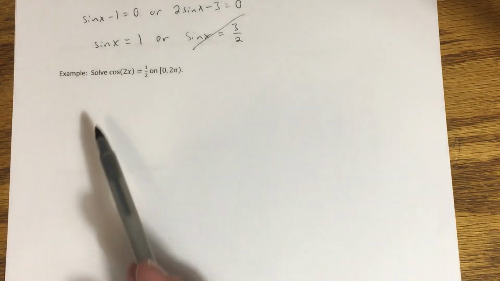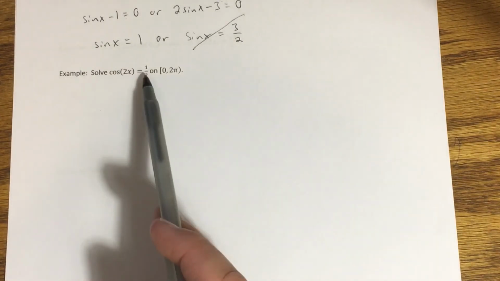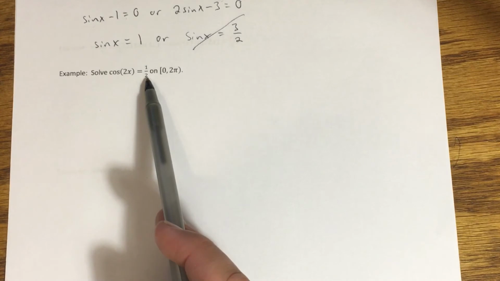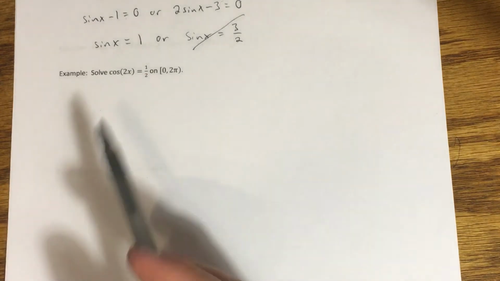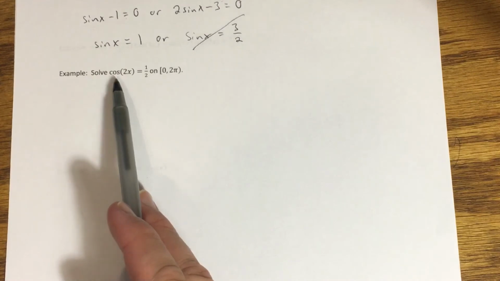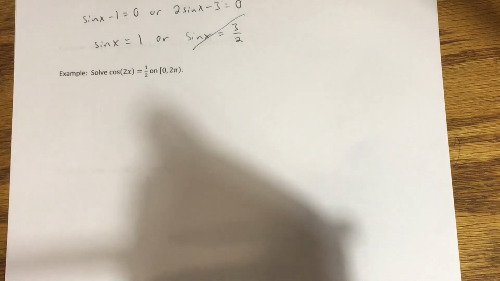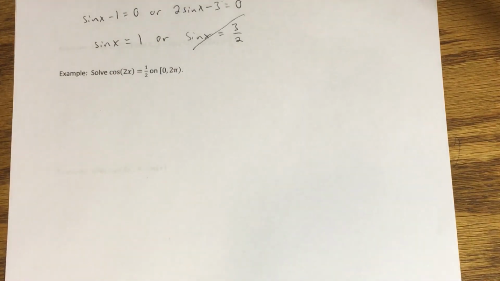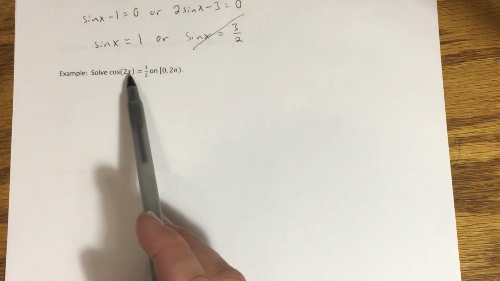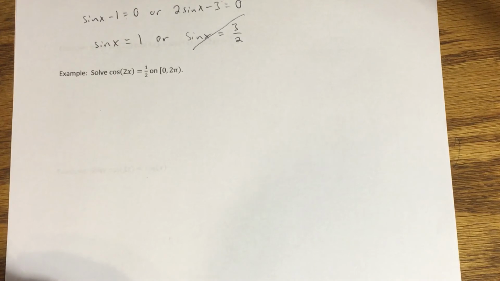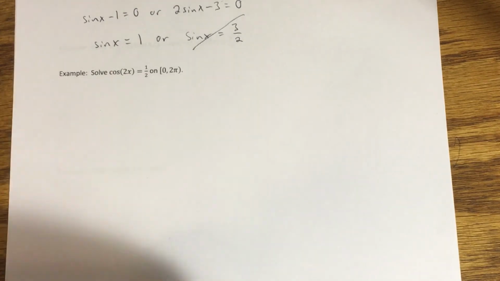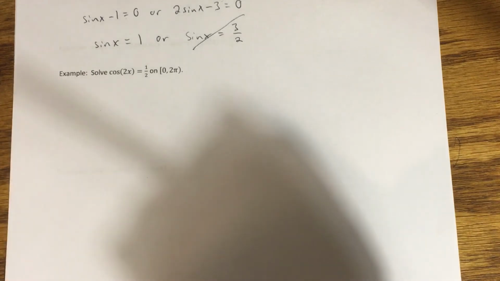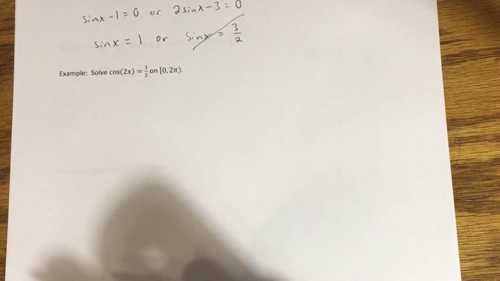Instead, what I'm going to do is notice that I already have a nice number on the right-hand side here, because 1/2 is something that shows up on the unit circle. Cosine of, for example, pi over 3 would be equal to 1/2. So if I can get this thing on the inside here to become pi over 3, then cosine of that would give me 1/2. That would give me one of the solutions to this. So what I'm going to do,